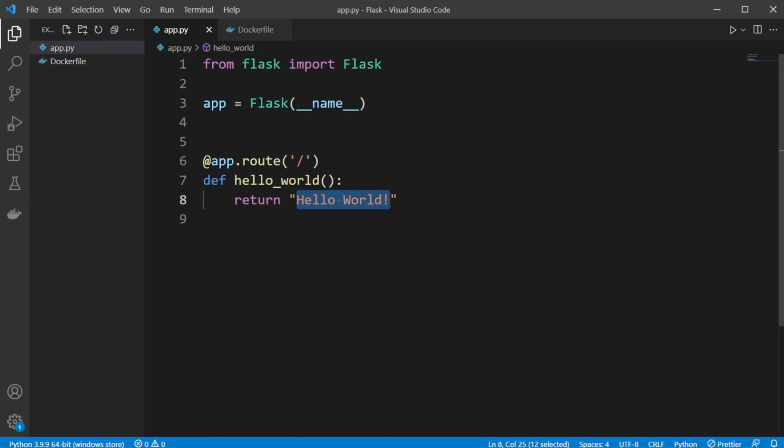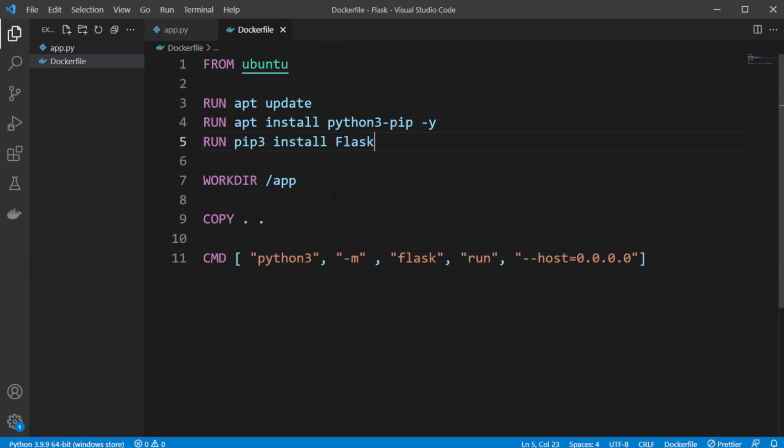Someplace locally hosted. So what we would like to do is we would take this app.py file, put it inside a Docker container, which would be running Python and Flask, and we would then port forward it to our local machine. But first, just to create our Dockerfile, which is what we're going to be using to create our